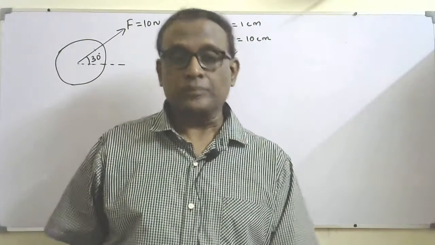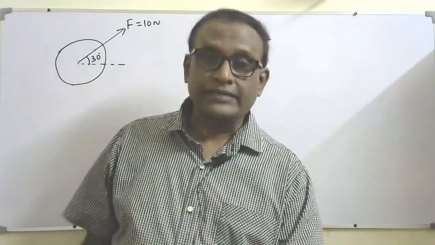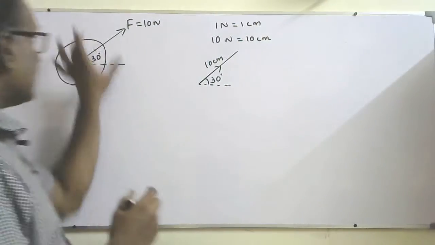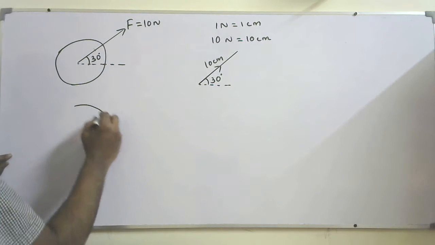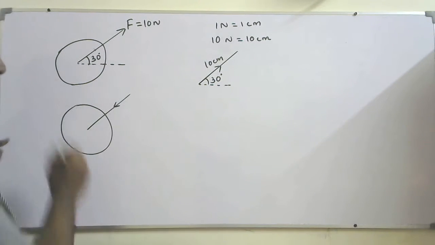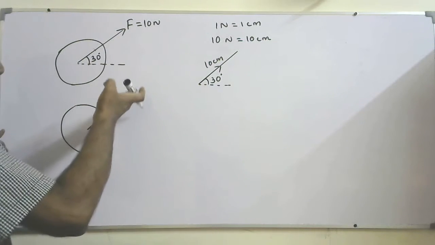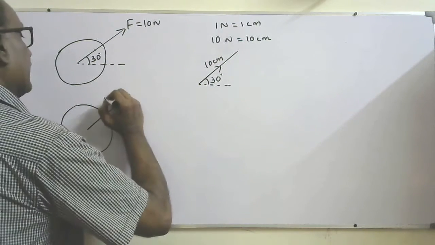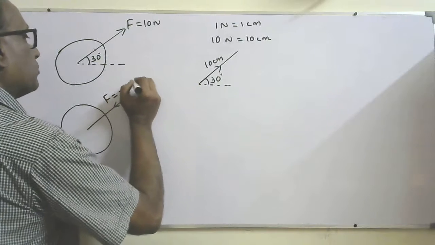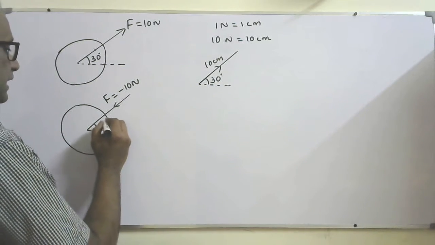The second property: when we reverse the direction of a vector, it must be written with a negative sign. The same force on the object I can show like this in the opposite direction if I reverse the vector, but actually it's acting this way. If I show the same force in this direction, then I can say that is minus 10 Newton, minus 10 Newton at an angle 30 degrees.